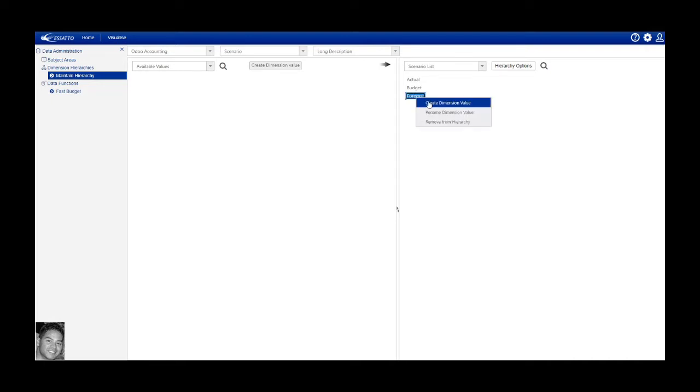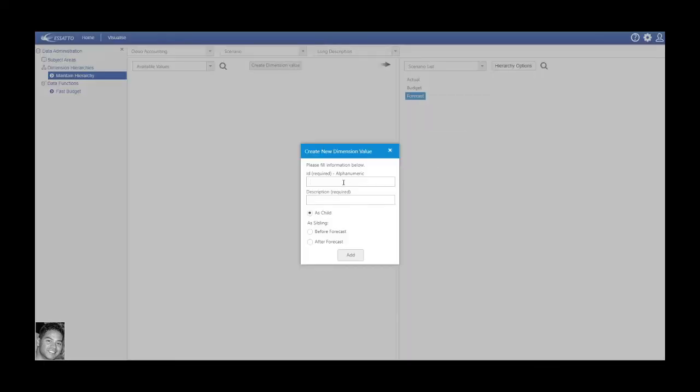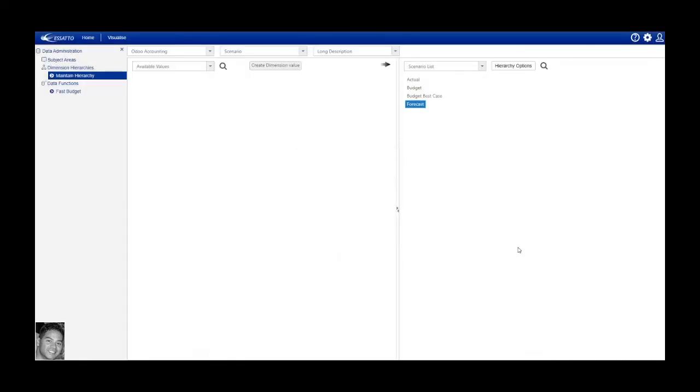All I do is right click, go create, and maybe I want to create one called budget best. I'll call it budget best case. I'll add it in between budget and forecast. And there you go. Okay, so let's do the next exercise, which is creating a what if on that last